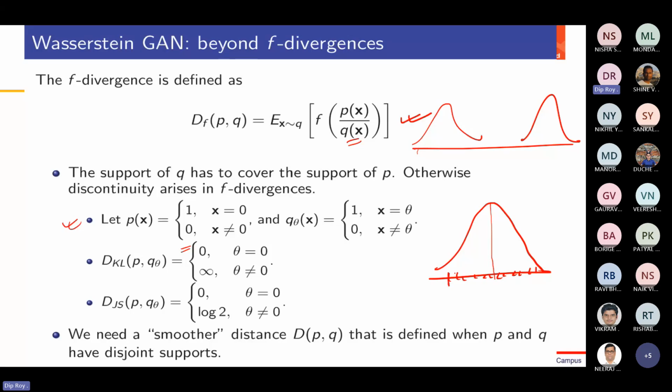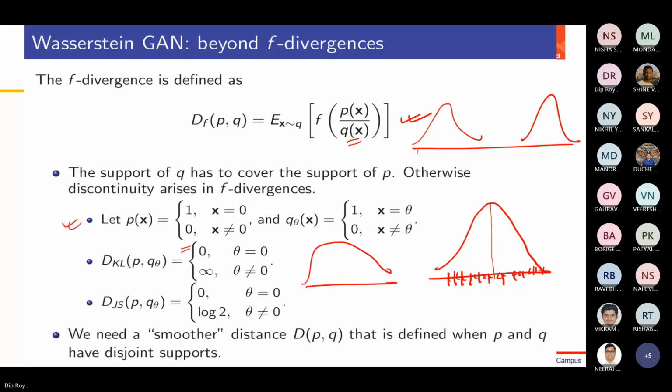So here, here, here, here, here. Each of them is considered as one warehouse. And we want to move this mass to match the layout of Q. So we'll have another distribution, which is a little bit different, and we want to move some mass from here